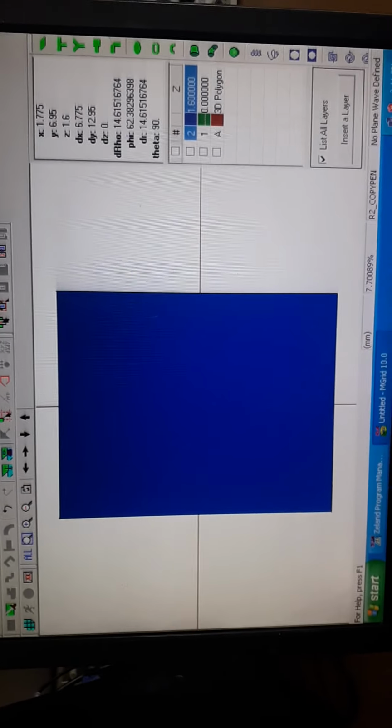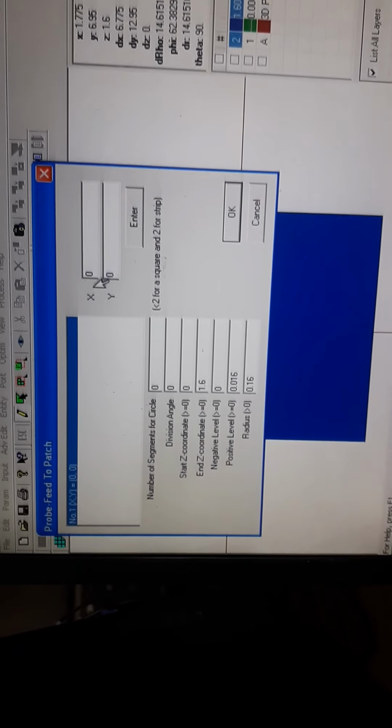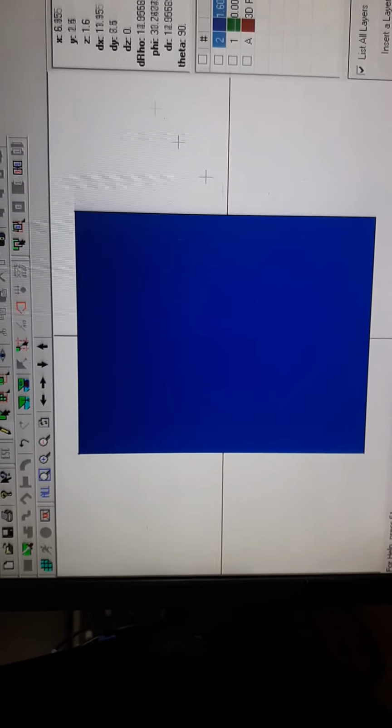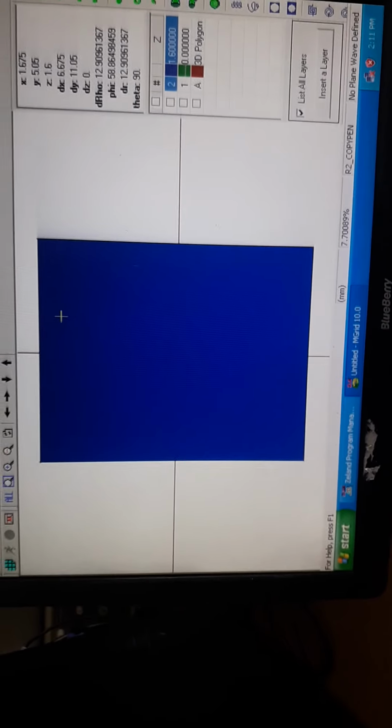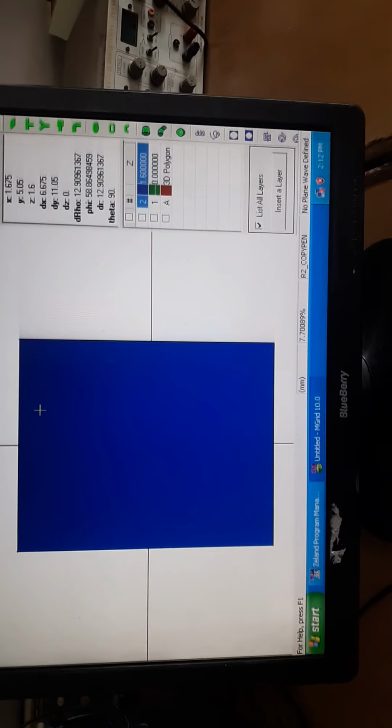If we use the coaxial line, we go to Entity and then to Probe Fit to Patch. If we go to Probe Fit to Patch, you see that x and y will be 0. Before that, one thing I told you: for a conventional antenna, that is the normal rectangular antenna, we use the feed at L by 2 and W by 3. So L by 2, where L is 10, means 10 by 2, which is 5.